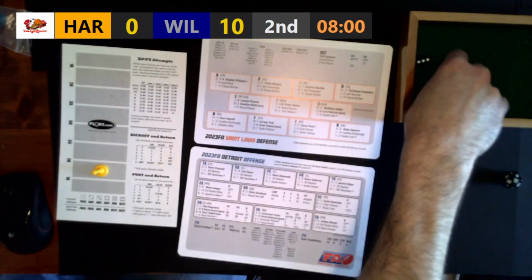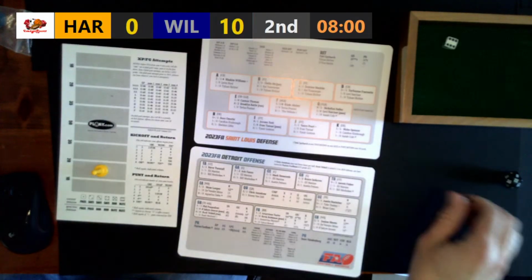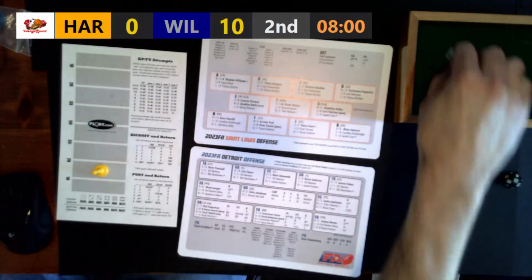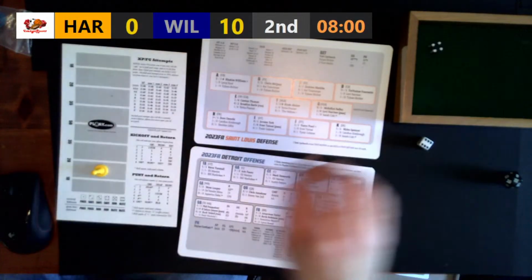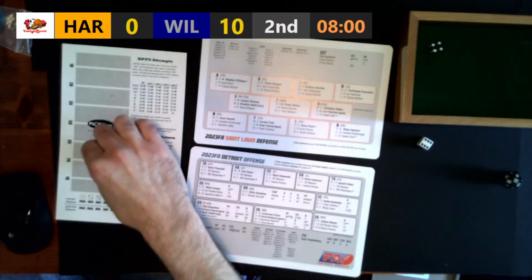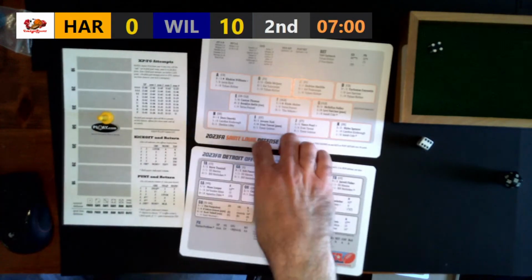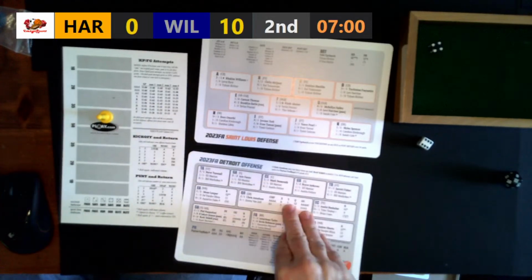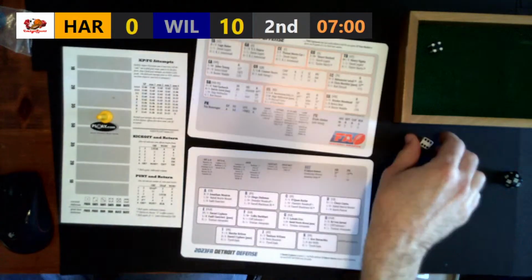So out comes Sean Vandenberg and the punting unit, and they're going to get themselves an O result. And this time it is going to be 4, so it's going to be 3 zones. And Harrisburg will take over near midfield once again. Down by 10, 7 minutes left here in quarter number 2.